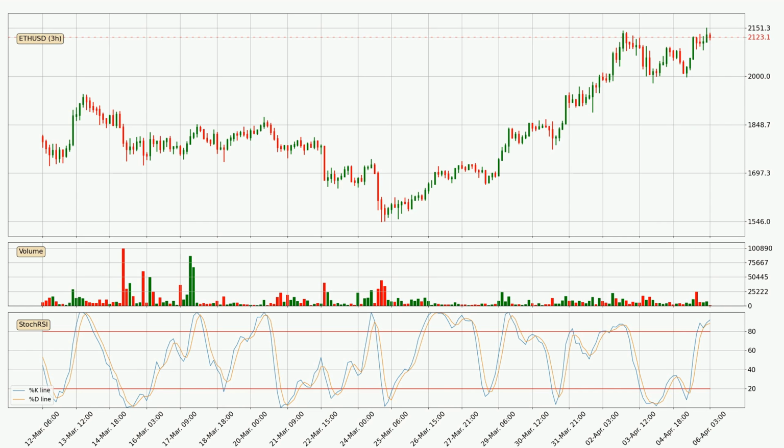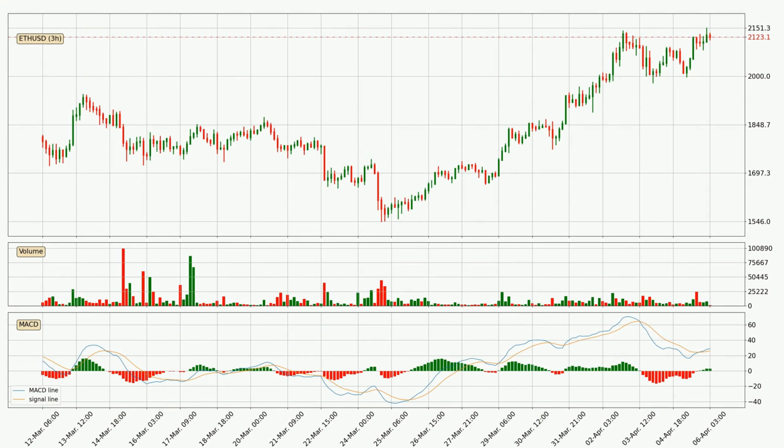actually go down. Looking at the 3-hourly MACD, seeing as the MACD line is above the signal line, meaning that the trend is currently on the up. The MACD histogram shows that the momentum is currently strong, and it could be expected the price to go further